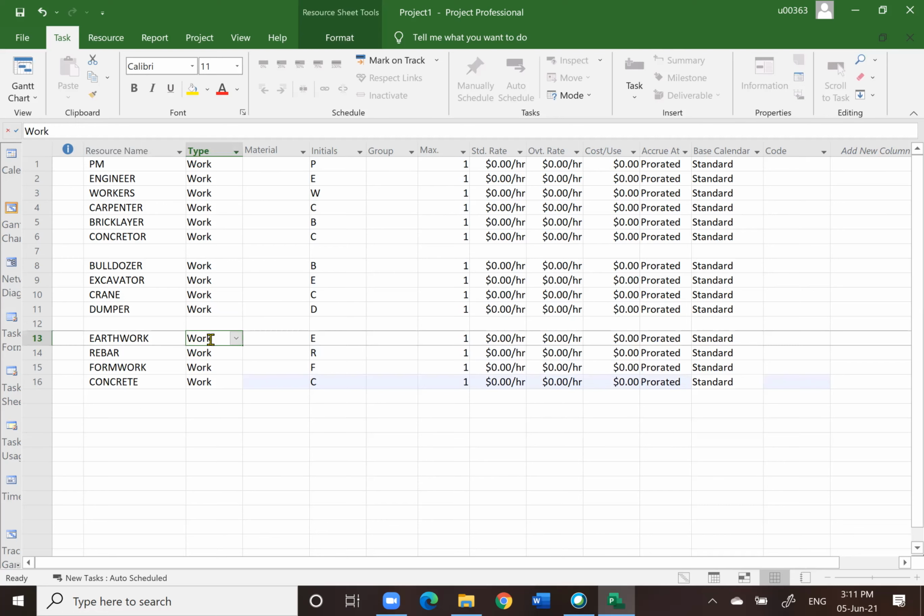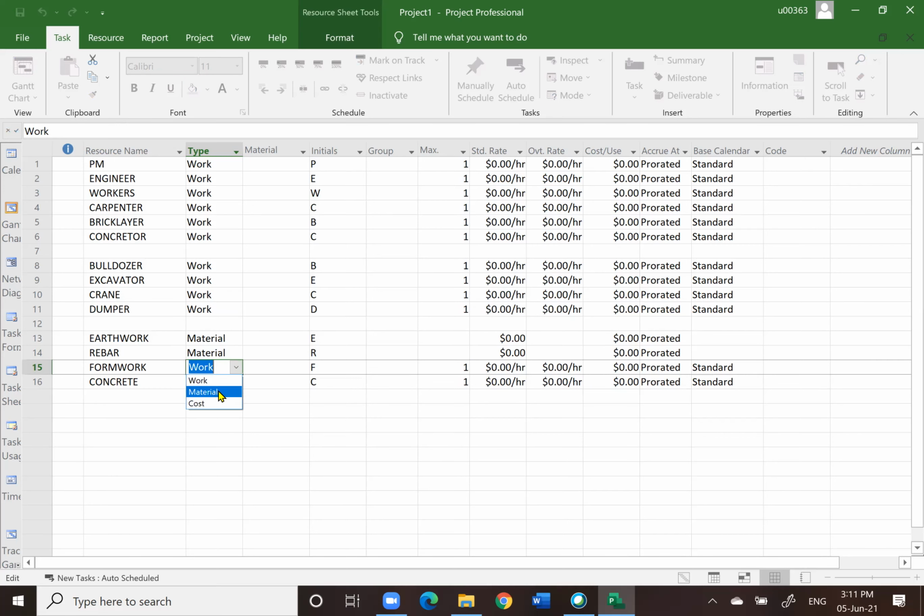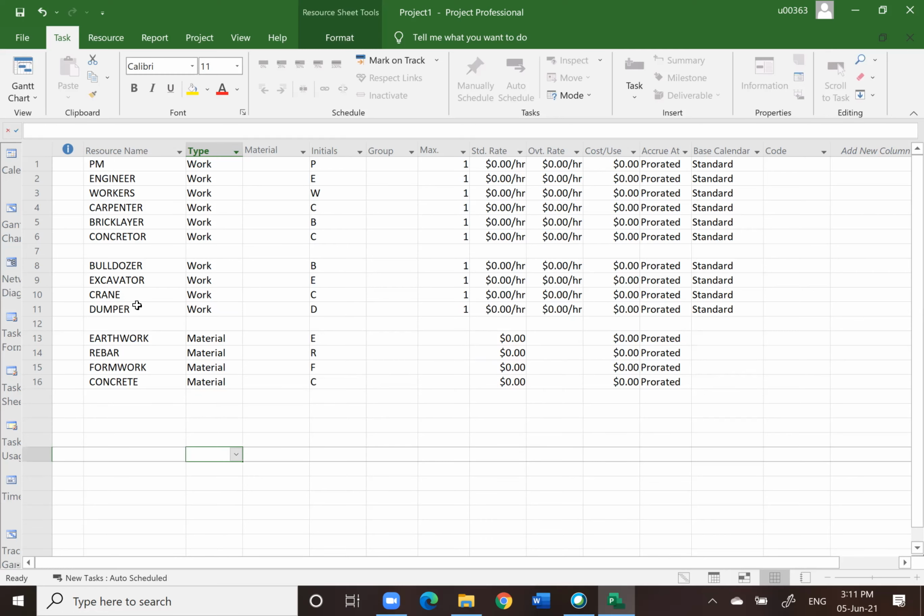But when you input material, you notice that there are three units. You change the type to material for each of them. For the manpower and machine, you keep them as work. Okay, and then you notice that you can also input